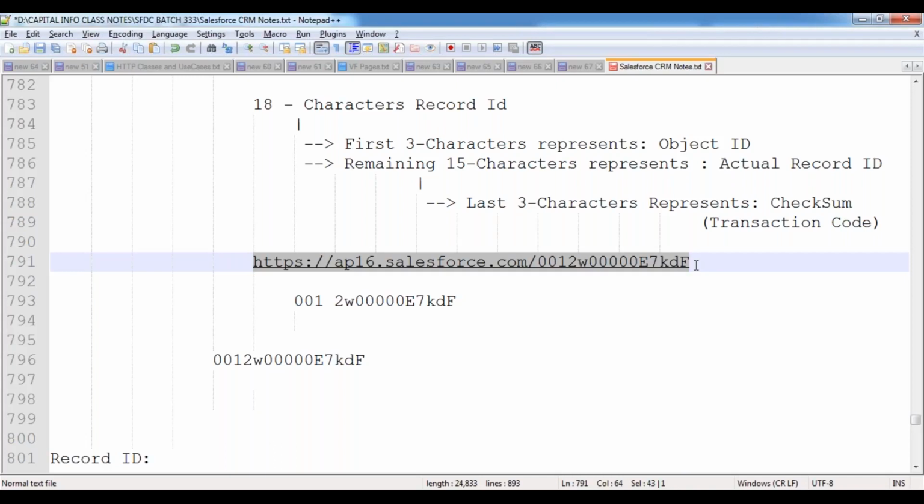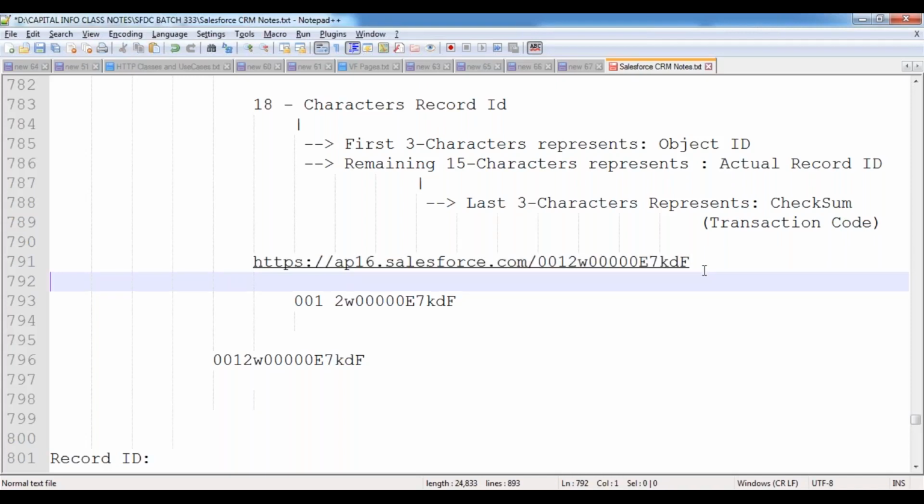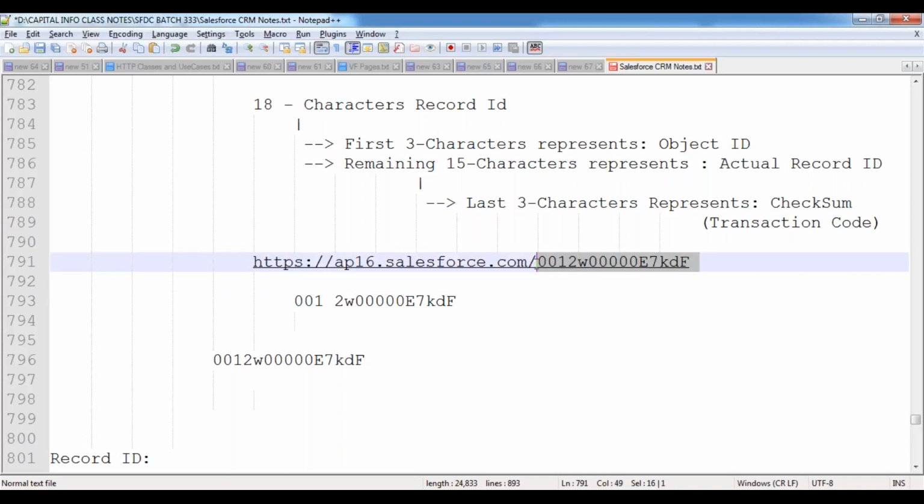So to protect your data from unauthorized people and hackers, Salesforce is not providing the complete 18 characters ID inside the URL. Only the first 15 characters will be visible, and the last 3 characters will not be visible because of security reasons.